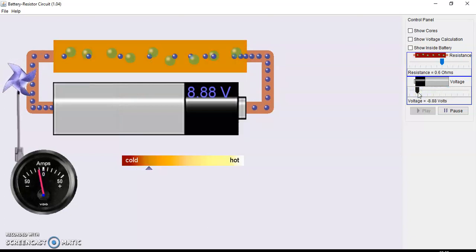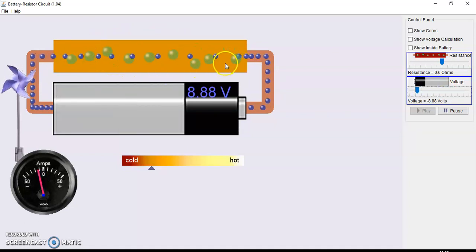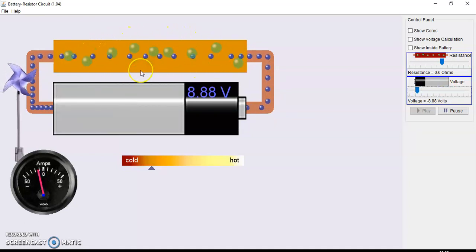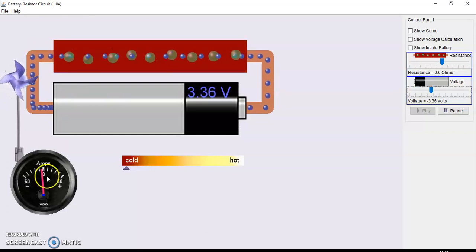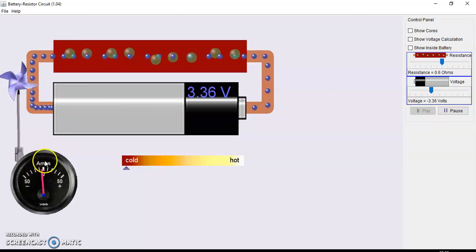And we can see what is the impact. Look at the motion, the agitation of the cores here in the circuit, and how it is impacting the flow of electrons. You can see in certain other value of voltage, electrons were rather moving gradually. The amount of current in the emitter, that was also different.